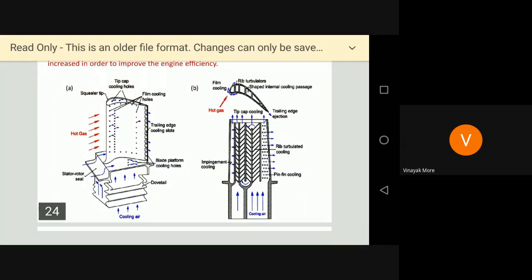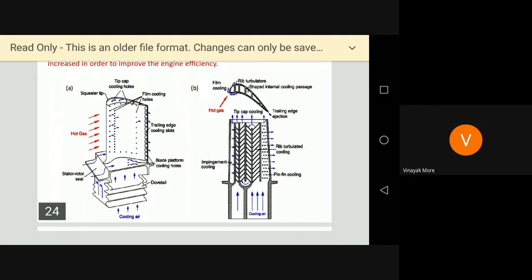And at the back side, if you see the trailing edge, the slots are prepared. So a number of slots or ducts are prepared that will help with the cooling of the entire blade length, where more shocks are prepared by the gases. And on the right side of the blade, if you see the cut section of the blade,